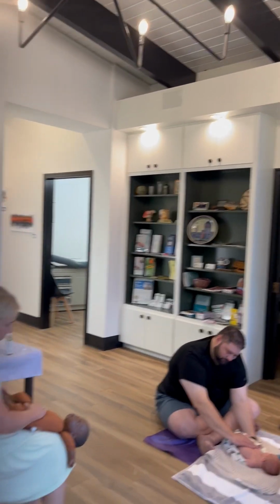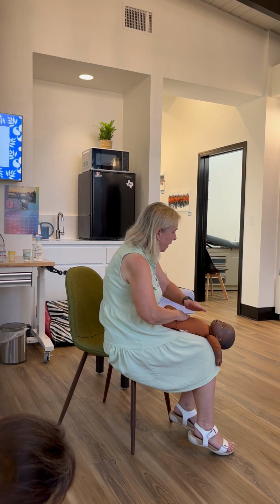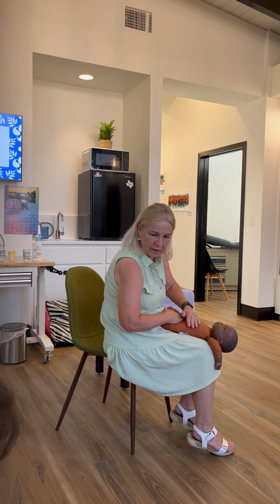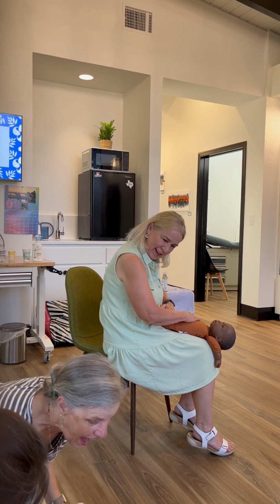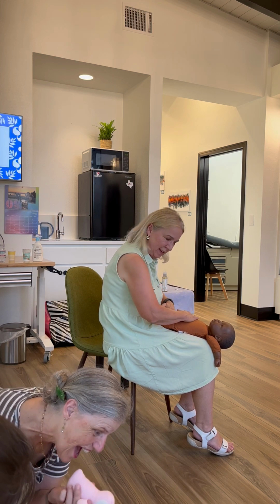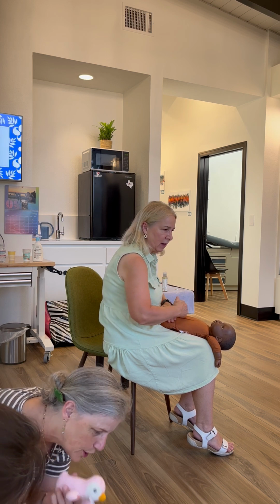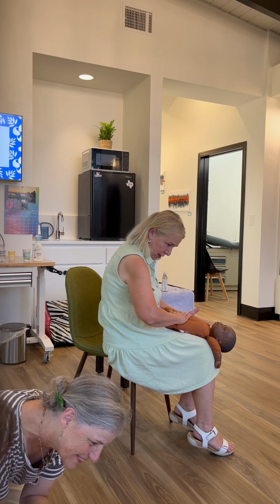The next one we're going to do is called paddling downward. This is like scooping your hand from the rib cage down. Perfect. Yes, under the rib cage. You want to cover the whole surface there. And then the next one is to hold somewhere and take whichever hand's on top and go